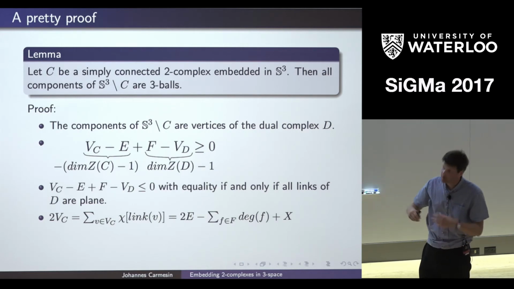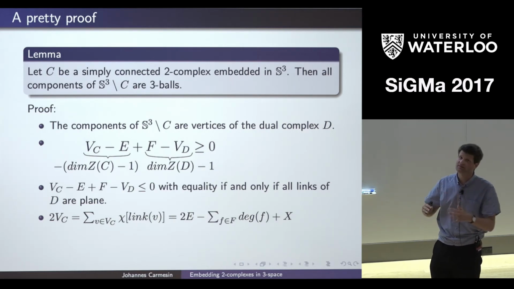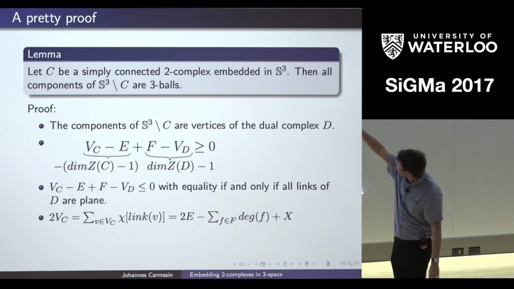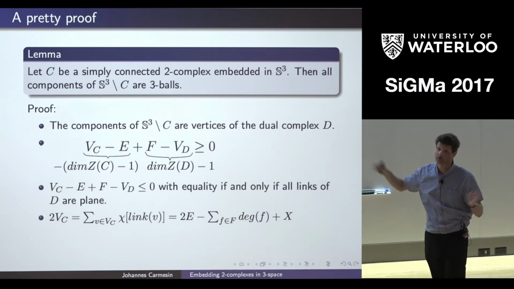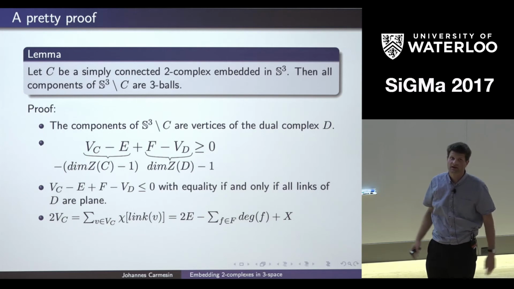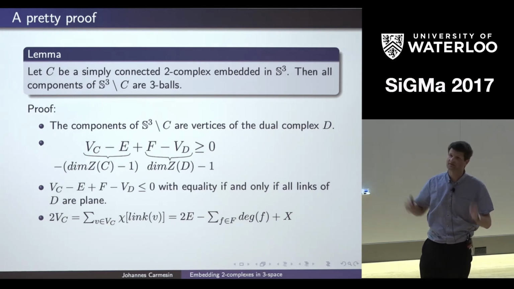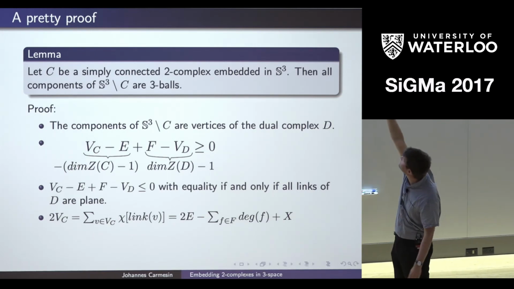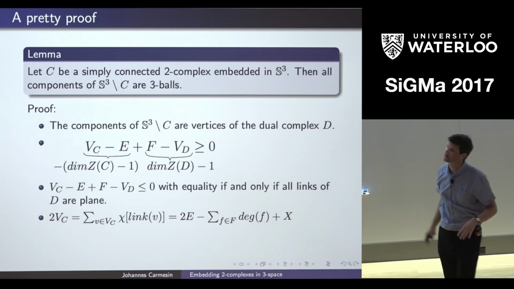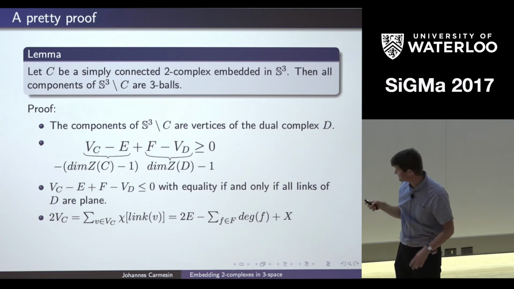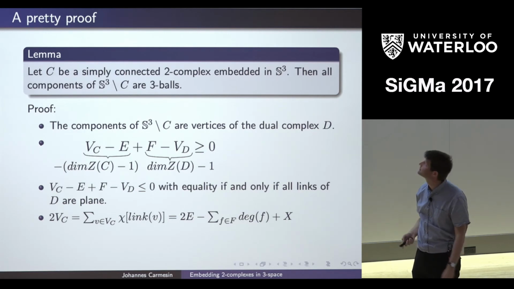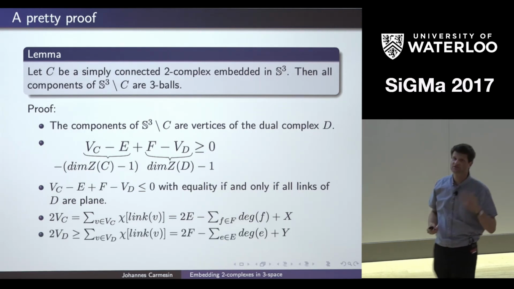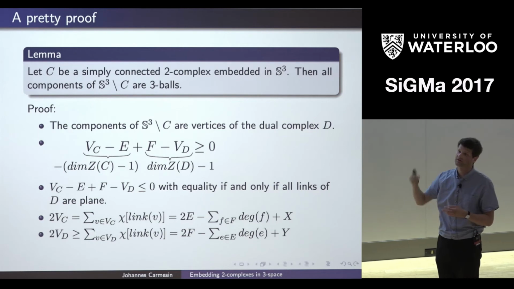So the sum over all the edges that appear in this formula is the sum over all degrees of these faces. That's the number of all edges appearing in these formulas. And then we have the sum over all faces appearing in these formulas. Let me just denote it by x. I won't go into details there. All right, so that's the error term we have at the end. And now we do the very same trick, but we now do it in the dual complex.